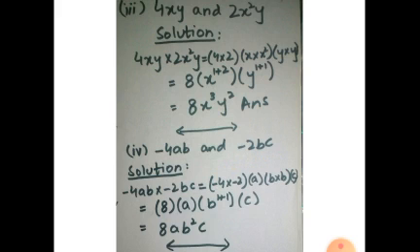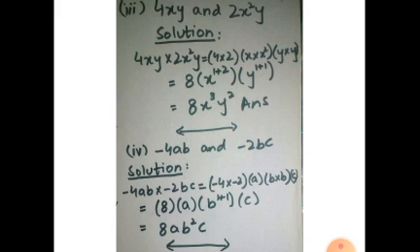Now come to part number 4, that is minus 4ab and minus 2bc. Here when we multiply, we place a multiply sign in between them, then we separate the numeric values, that is minus 4 into minus 2. Then we separate the like variables. Here a is present in the first term and not in the second, so we just write a. Then b is present in the first term and also in the second term, so I write b multiplied by b. And then there is a c in the second term and not present in the first term, so I write c.